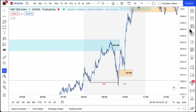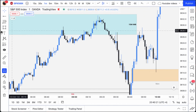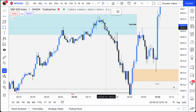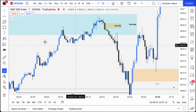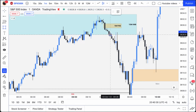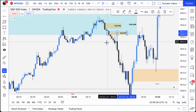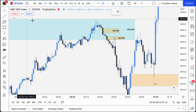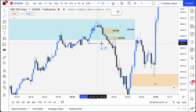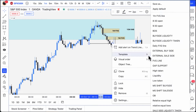All right, so when price tapped into this area here, this 15-minute imbalance, the first thing I immediately did was I started to look for any 1-minute fair value gaps. So I saw that one that I had marked, and then there was this little one here that was created. All right, so as soon as I saw that these two 1-minute fair value gaps were created, I knew that if price came back to that area, it could have been a perfect entry for me to go short,